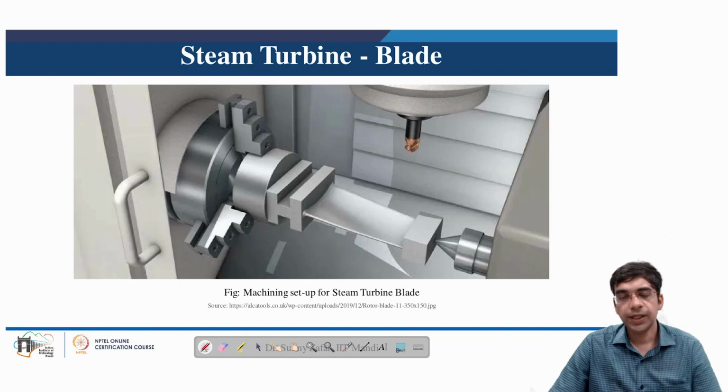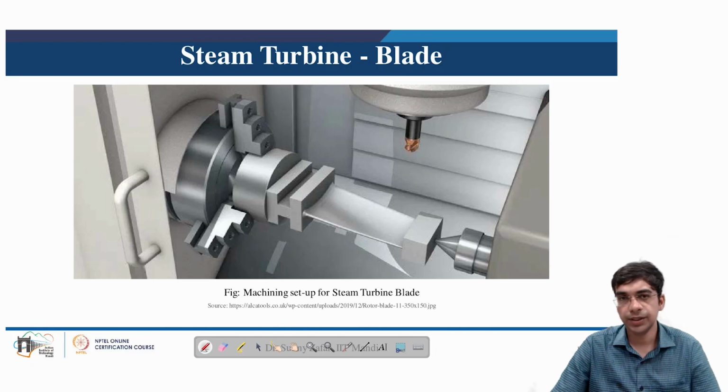Even for machining steam turbine blades, conventional milling operation with very hard or modern cutting tools utilizing ceramic or CBN is used. CNC or multi-axis CNC machines are utilized to machine the blade to ensure the accuracy and repeatability of the process, and excessive use of coolants is done so that minimum heat generation takes place in the machining zone